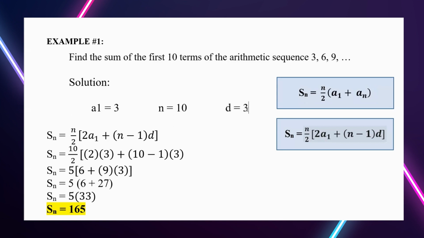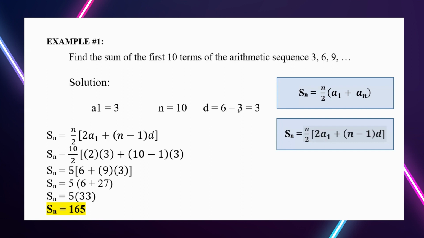Paano nangyari ang 3? We have 6, the second term, minus the first term is equal to 3. Kaya ang common difference natin ay 3. Now, based sa given nating ito, wala tayong last term, hindi pinakita sa ating sequence. Based sa mga given natin na a sub 1, which is the first term, is 3, ang n natin ay 10, at may common difference tayo na 3,